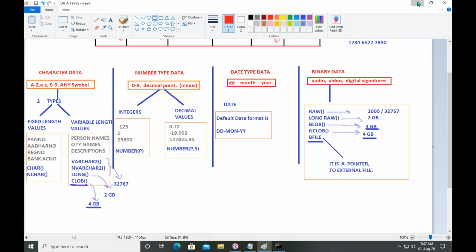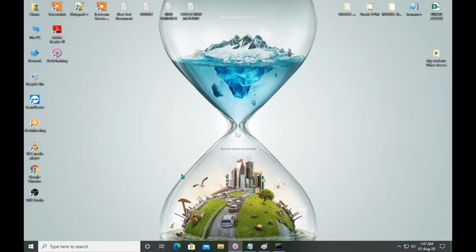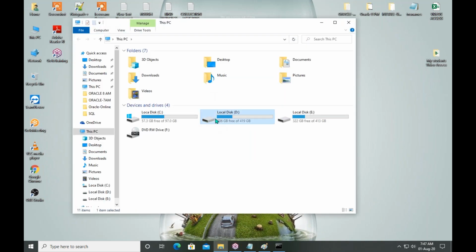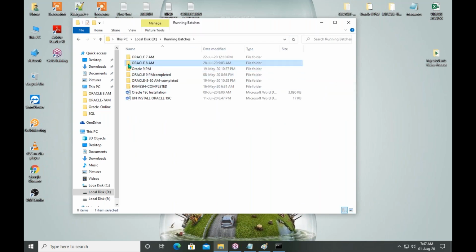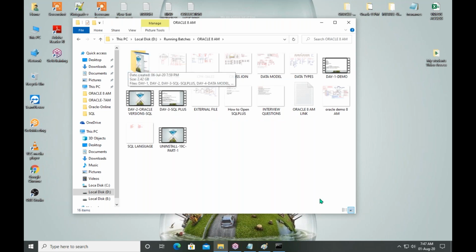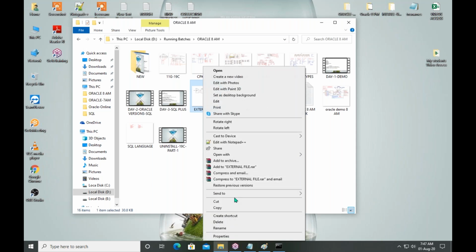Then what is happening? There is a file, hold on, already some diagram is available. Let me check. Yes, here we have the diagram.